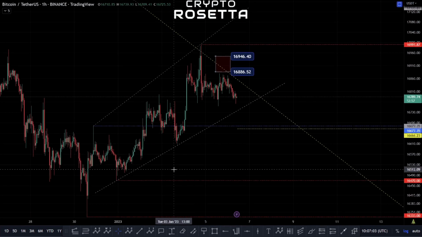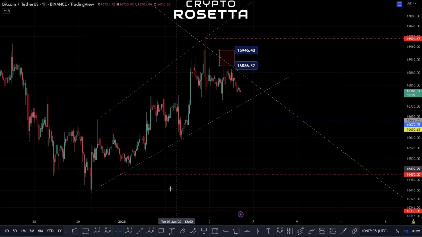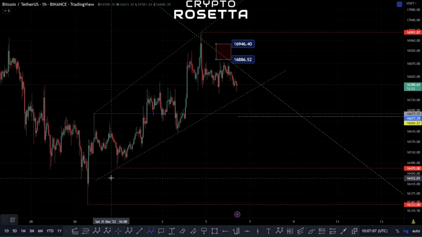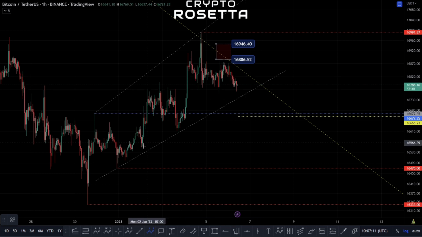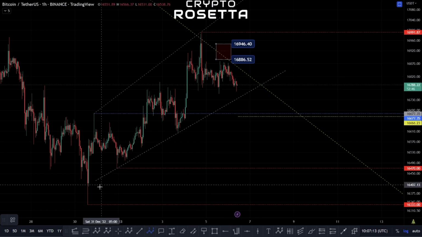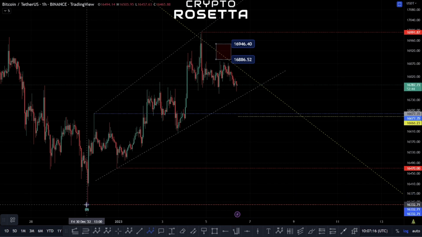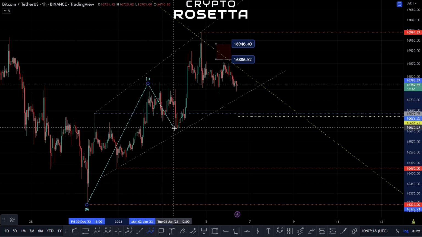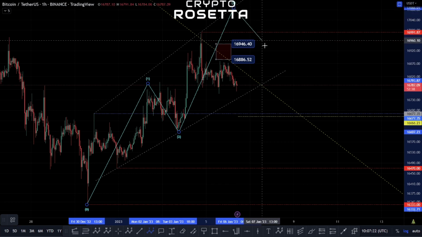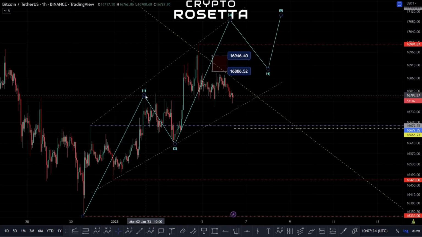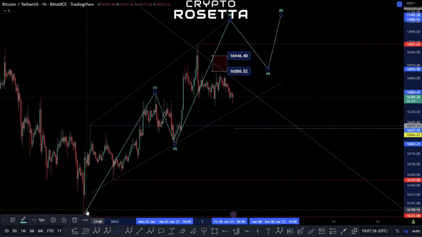Okay, so one of the other things that we need to talk about here is there is potential that we could actually look at this as having some extension within here. Because of the overlap here, it's not great. But we could argue that we have this as a wave 1 here. I actually need to adjust that. And we could still be setting up for a bigger diagonal within this shape, where this is a wave 1 with an